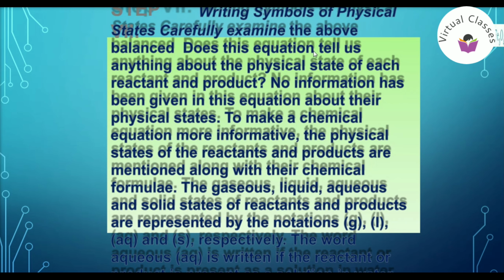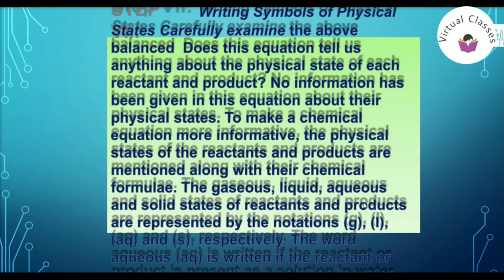In step 7, we have to write symbols of the physical states. Now, carefully examine the above balanced equation. Does this equation tell us anything about the physical state of each reactant or product? No. No information has been given in this equation about their physical states. So, to make a chemical equation more informative, the physical states of the reactants and products are mentioned along with